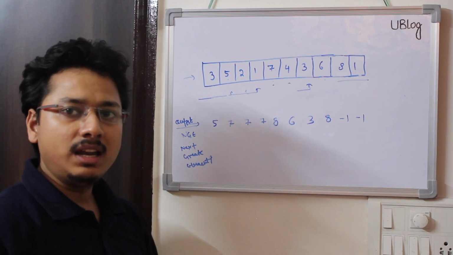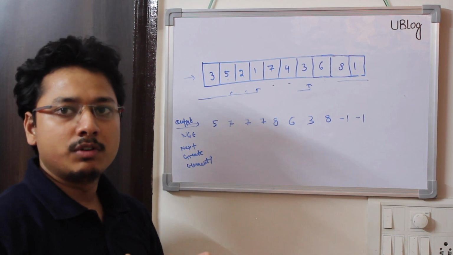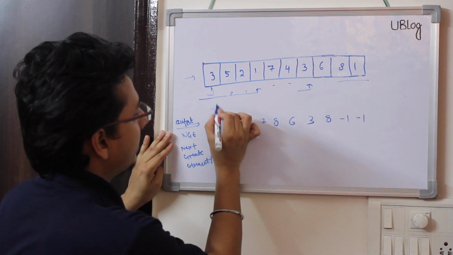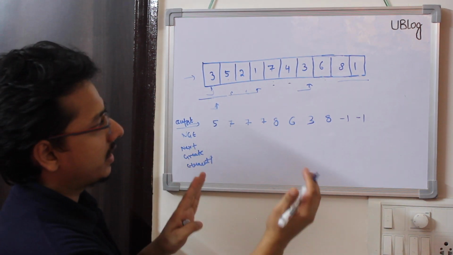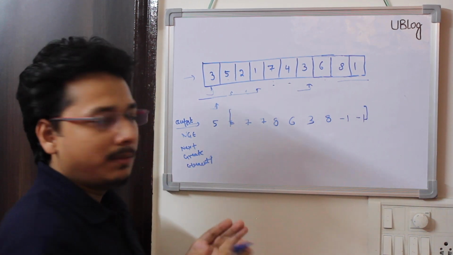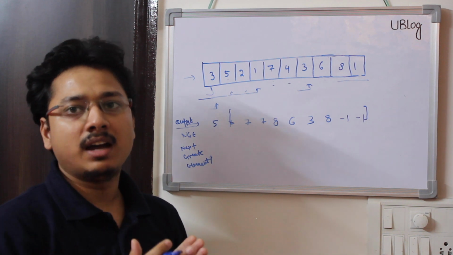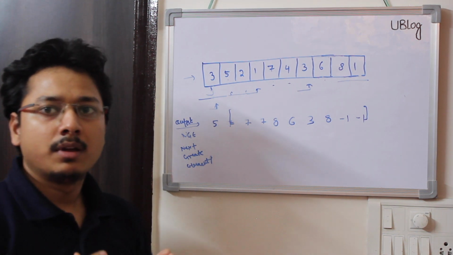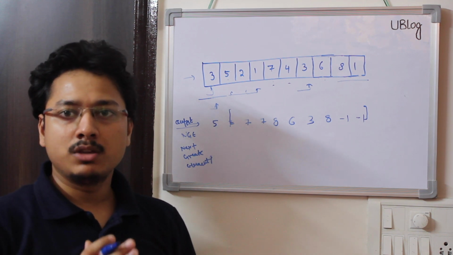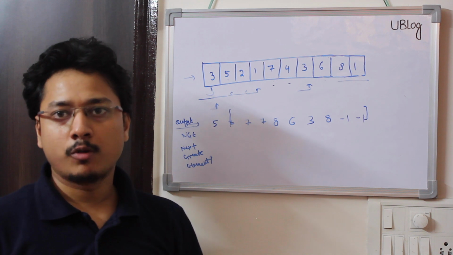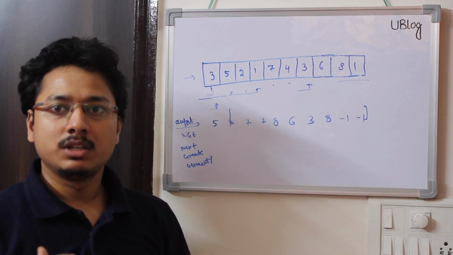And then an inner loop which will traverse from the current index + 1. So basically for every element, in the inner loop we are going to traverse from the next element till the end, and we'll break at the moment we find an element which is greater than that current element. So my first loop will run from i equals 0 to i less than n, and the inner loop will run from j equals i plus 1 to j less than n, and